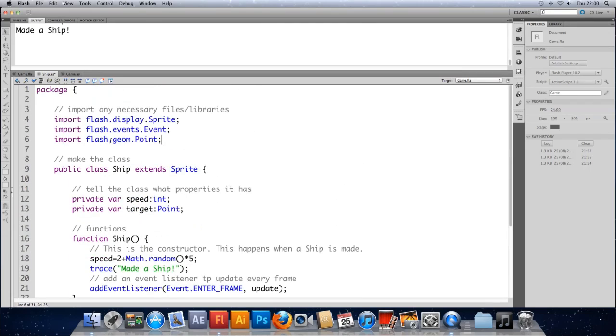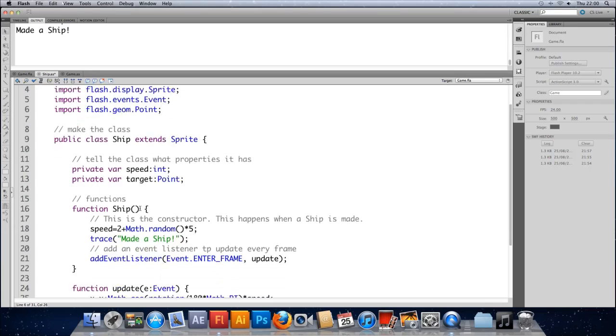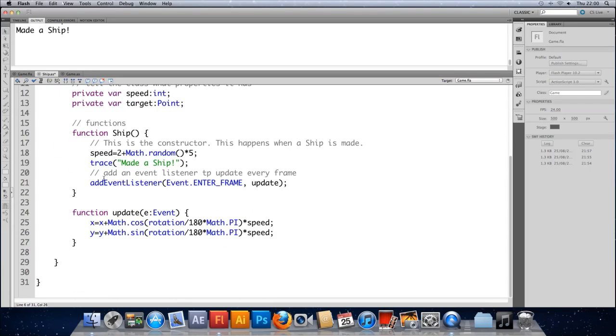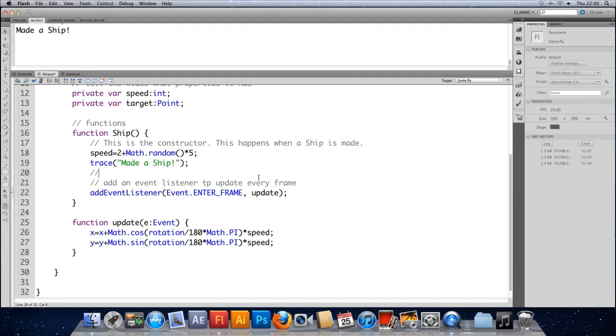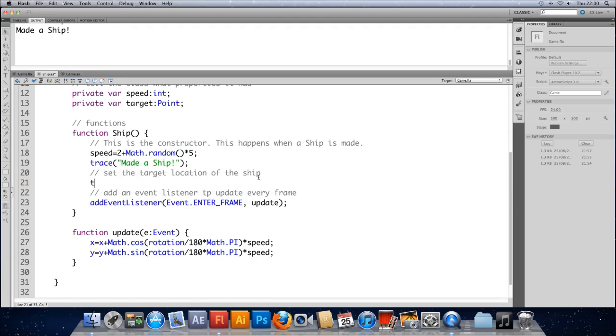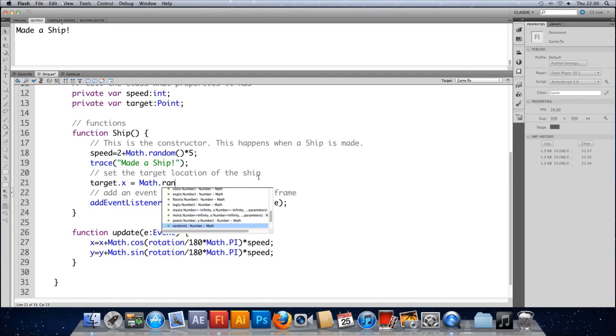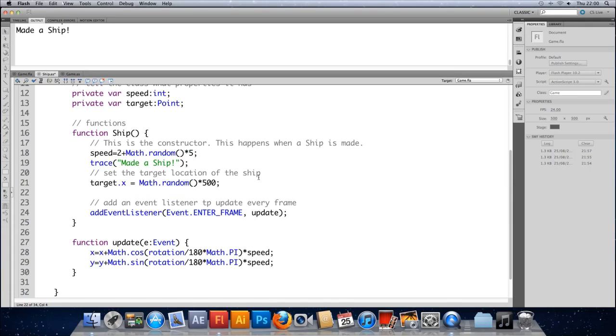So we've imported point. We've told this ship that it's going to have a target that's a point, and now in the constructor we're going to set that target. So we'll set the target location of the ship. If we do target.x equals Math.random times 500, so anywhere on the screen, target.y equals